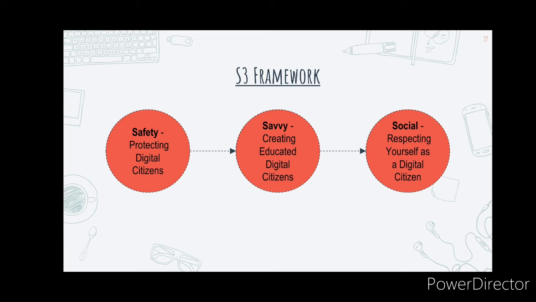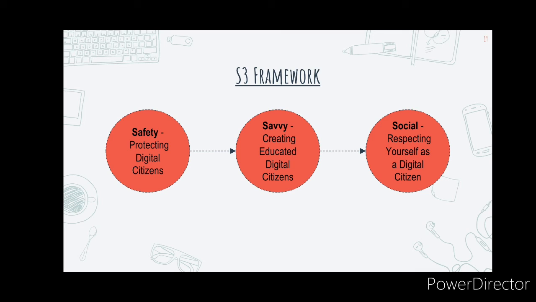The next is the savvy, which focuses on the concepts around educating yourself and connecting with others. So, these concepts build upon the concepts of safety. And finally, the social guiding principle commits to helping everyone make decisions, exemplifying our commitment to respect ourselves and respect others.